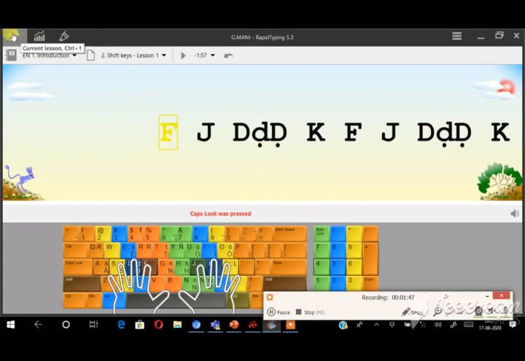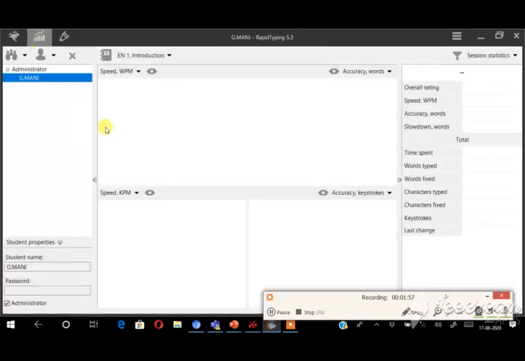First one is the current lesson. This is the lesson which we are working on. And the next one is the student statistics. It shows the name of the student and the performance of the student in speed, words per minute, and keystrokes per minute. It is blank now because currently we have not completed any lesson. And the third is the lesson editor.